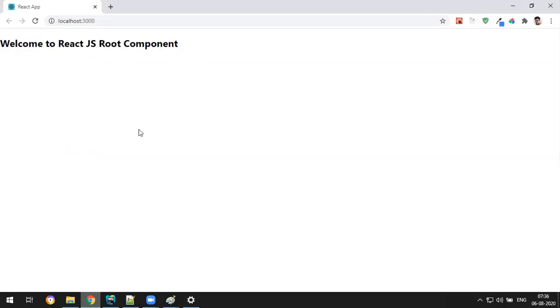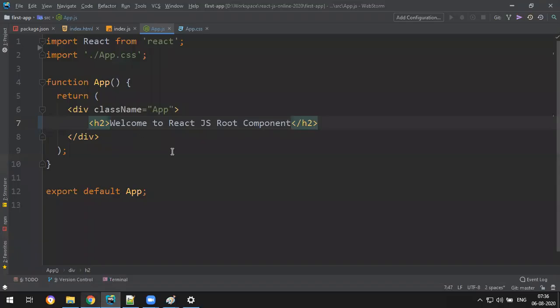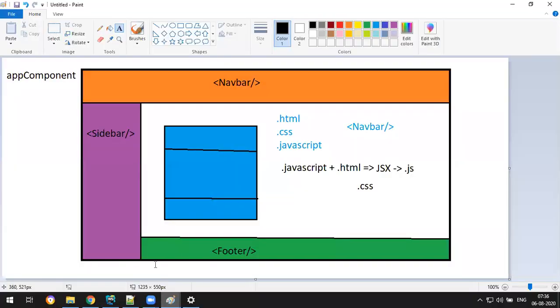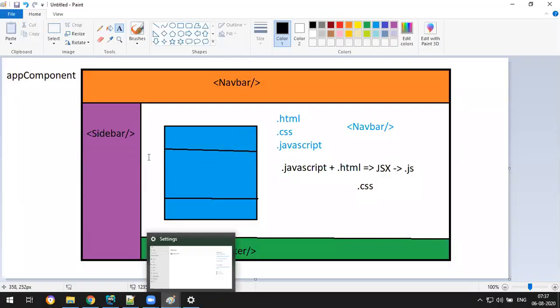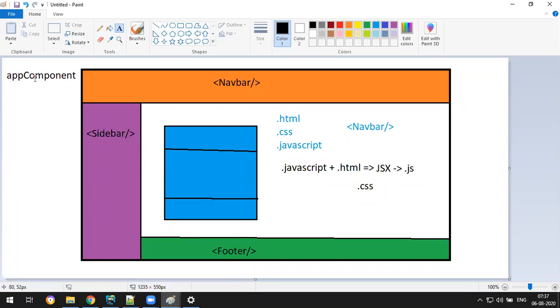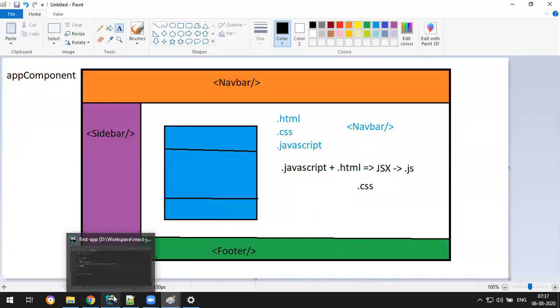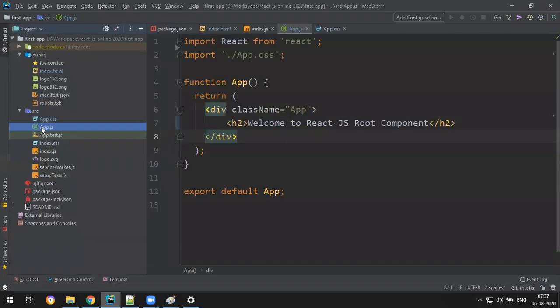Now, my plan is I don't want to type anything in the root, because generally the way of React.js is you have to create your own components and add them to the App component. So let's see how to create our own component, because they have given their own component, App.js and App.css, which I don't want to use.